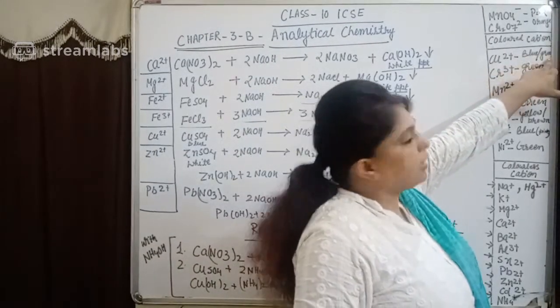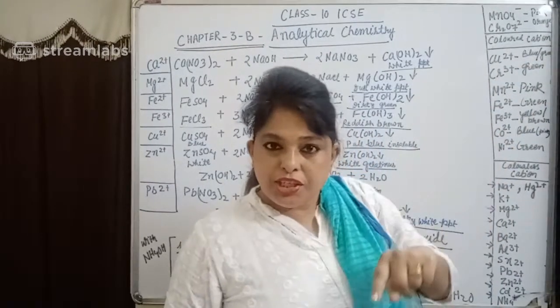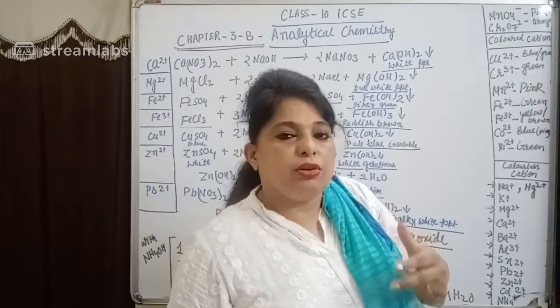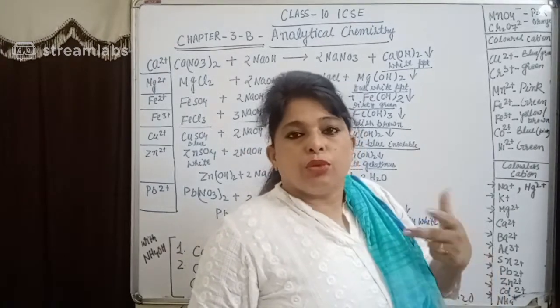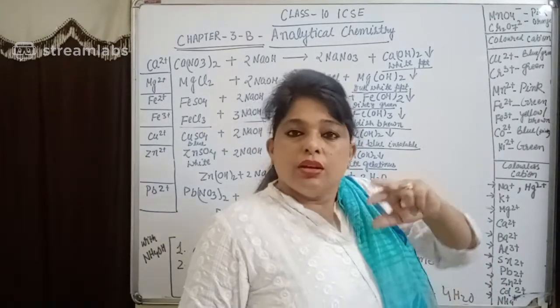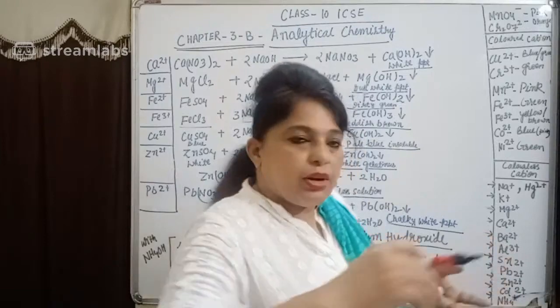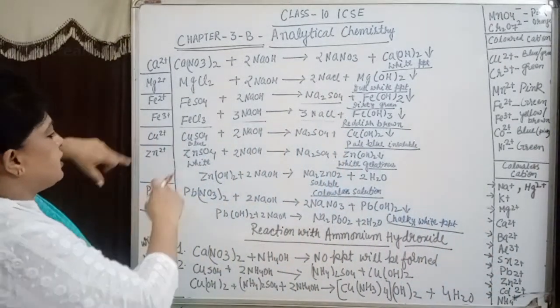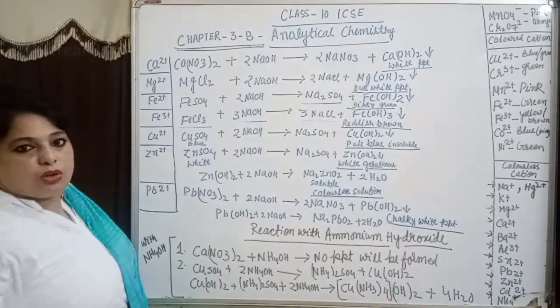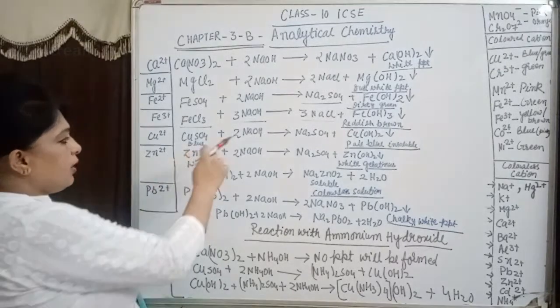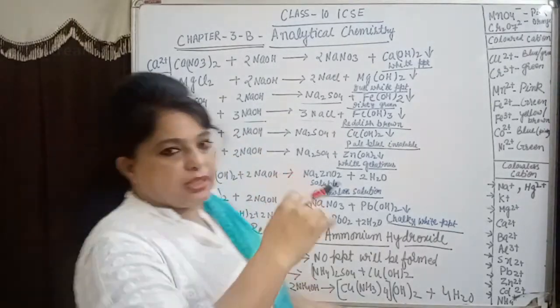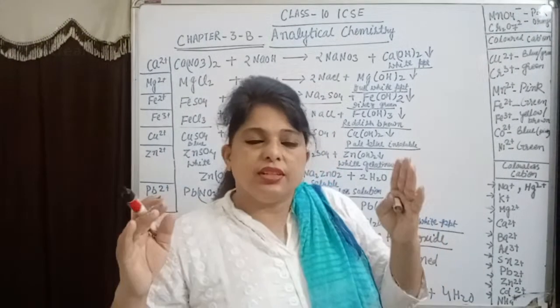Now in this case, I told you the copper ion color is generally blue or green. Copper chloride is bluish green in color. Copper sulfate is only blue color. So it will show both the colors in some cases, the blue as well as green. In this case, since we are using blue vitriol, that is copper sulfate, once again tell me the product which will be formed after this.